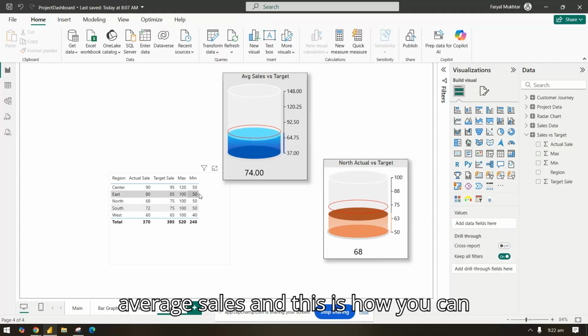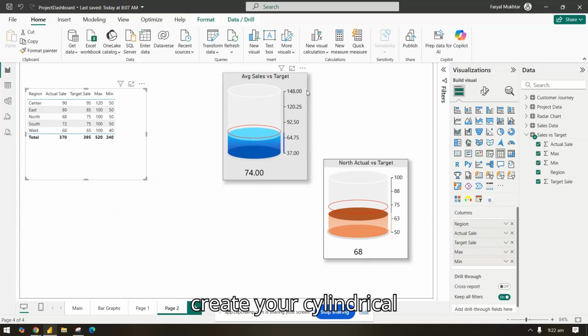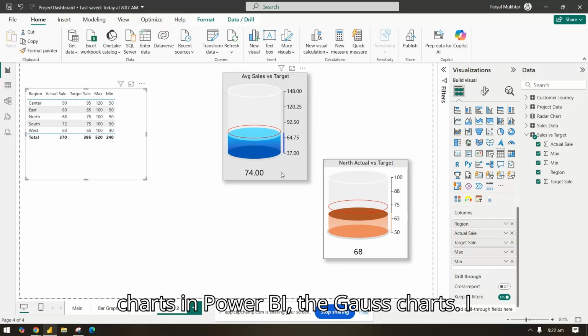This is the average sales, and this is how you can create your cylindrical charts in Power BI, the gauge